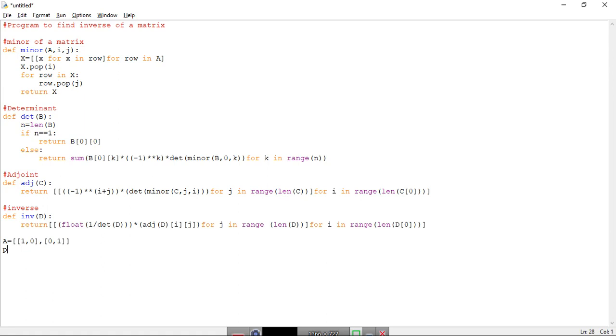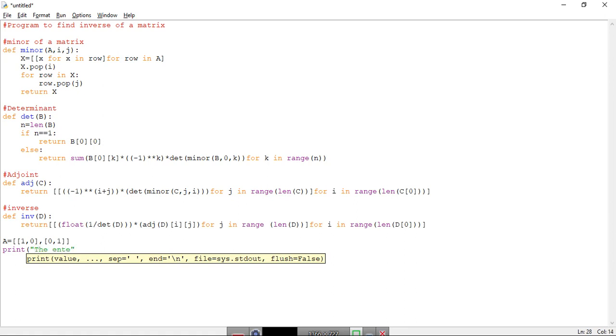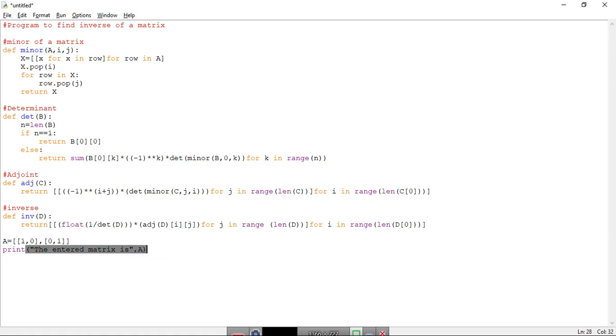With this, let us print what matrix we have entered first. The entered matrix is, and let us print A in there. So this will print the given matrix.